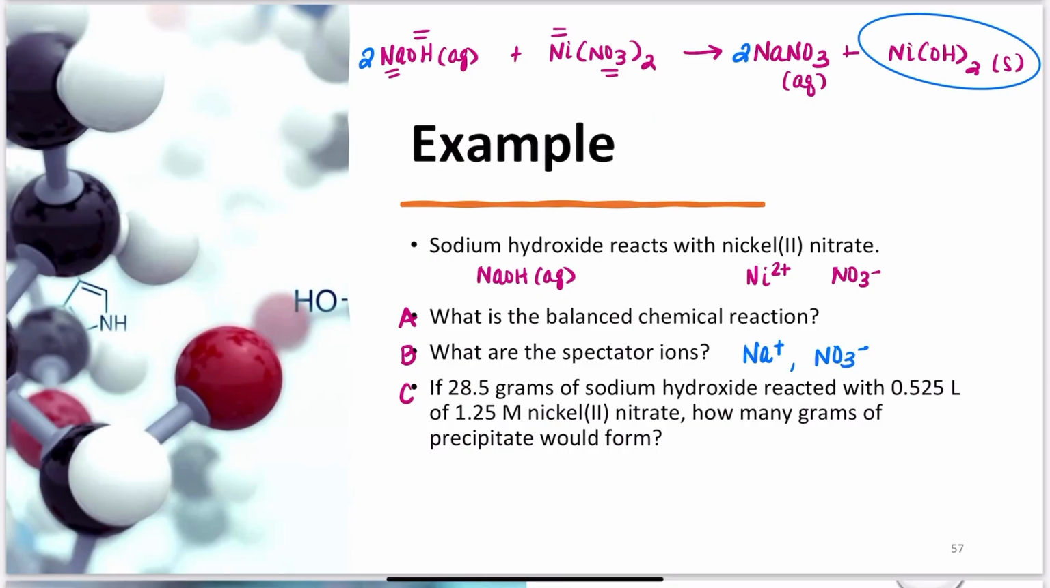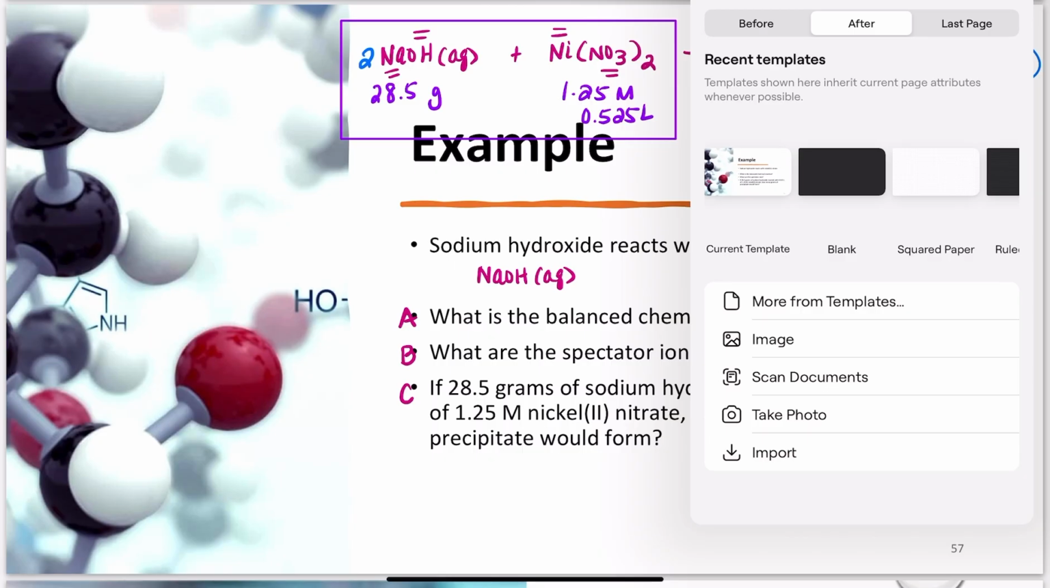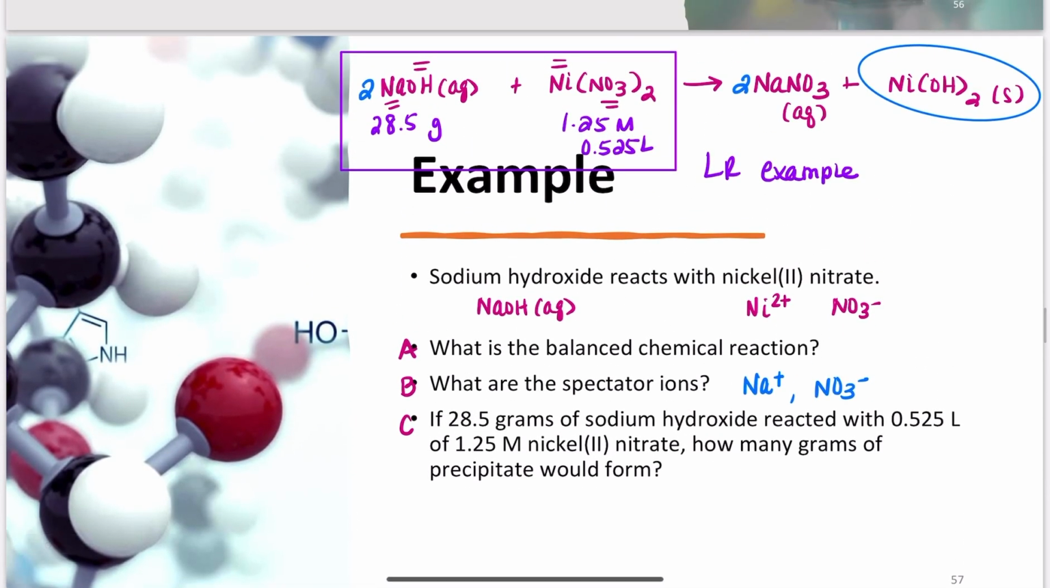Okay, what I see here is I've got 28.5 grams here, and I've got 1.25 molar here, and 0.525 liters. Hopefully you recognize it, but that means that this is in fact a limiting reactant example, which means we're going to need some space, and I do not currently have space. So we're going to use the space down here. We're going to copy this down,